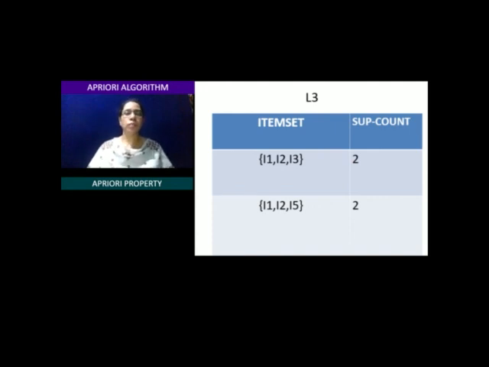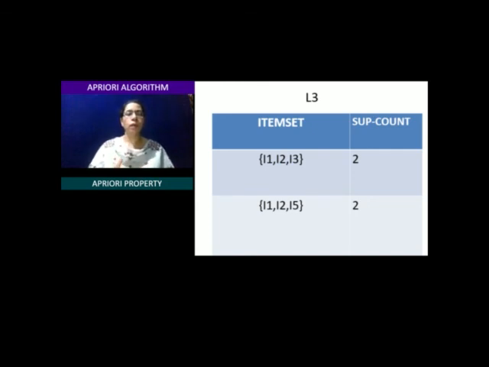So in today's class, we discussed the a priori algorithm. The usual procedure is to find the candidate 1 item set, from which we find L1, the frequent 1 item set, then the candidate 2 item set, then the frequent 2 item set, and so on. In this case, we considered one more aspect of the algorithm, that is the a priori property. By considering the a priori property, we can remove some items from the candidate item set, so the advantage is that there is no need